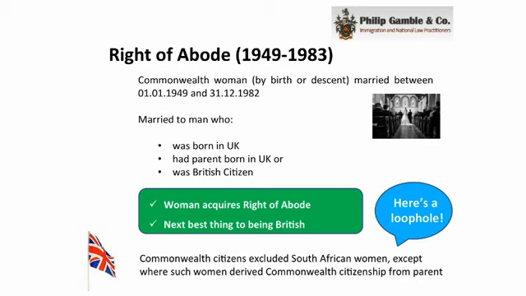It allows complete freedom of entry to the UK. It even allows those holding the right of abode to come down the European Community Channel and not queue up with foreign nationals when they arrive at a UK airport. So the right of abode is a very, very useful status to hold, and it's given to women who are married to British men in the period 1st of January 1949 to the 1st of January 1983.